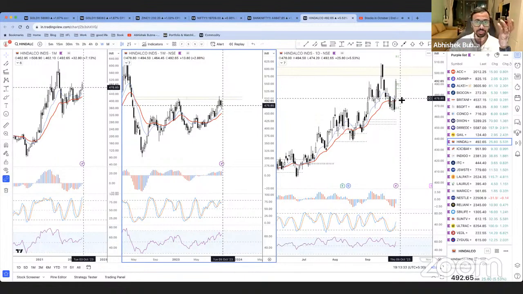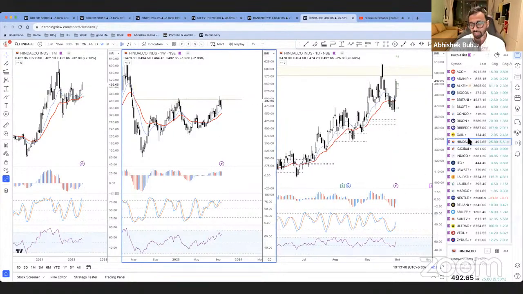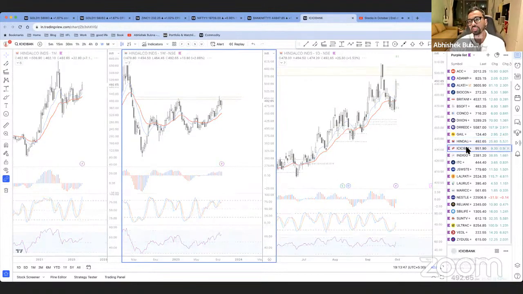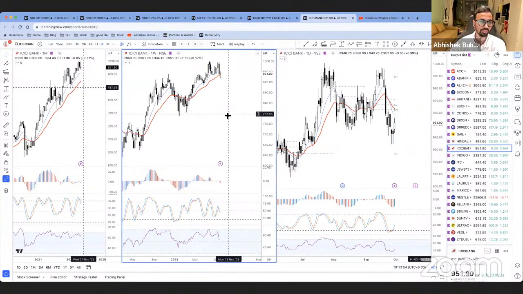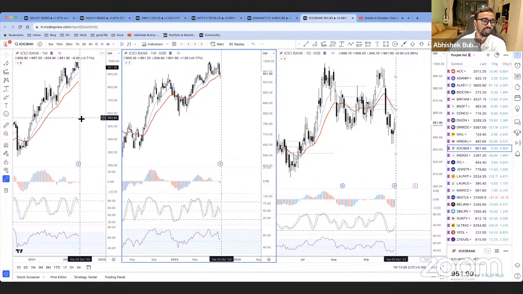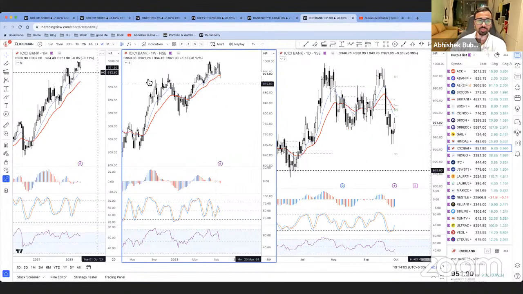If by chance something happens during the weekend and Tuesday is not a good day for global markets, and Tuesday maybe opens lower for us as well, then maybe we'll focus on other stocks, and we'll of course talk about Marico. So Hindalco, maybe today it was slightly missed, or maybe not. If you're in, fantastic. If not, then ICICI Bank is a little worrisome because I mentioned last time as well, there is a bearish divergence on the monthly chart, and there's a little follow through as well.